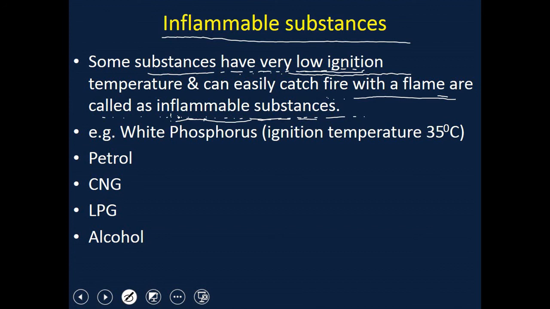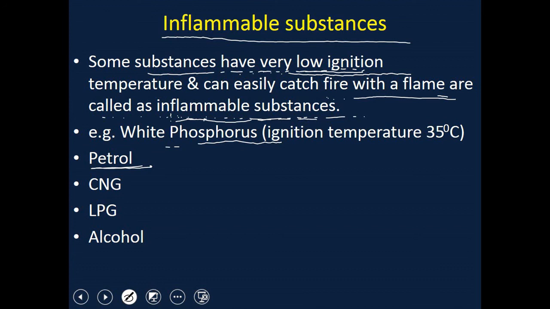After that, I would like to mention some examples of inflammable substances. The first example is petrol, children. Petrol is written here. What do you think about petrol? All of you have seen that the ignition temperature of petrol is very low. So that's why petrol is a highly inflammable substance. We have to take extra care while storing petrol. You must have seen at the petrol pump that cautions are given.